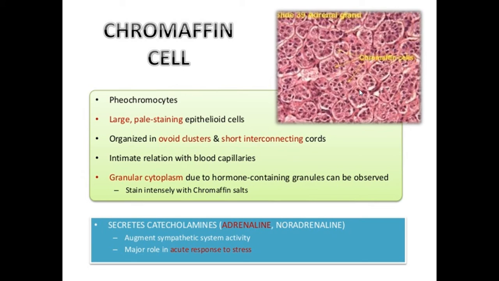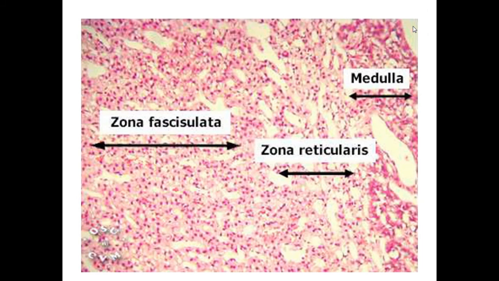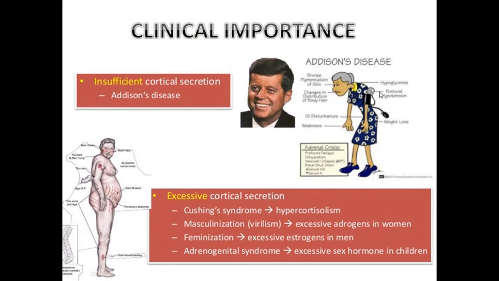These granules are electron dense, or highly electron dense, or less electron dense. Highly dense cells are responsible for secreting norepinephrine, and the less dense or homogeneous cells are responsible for secreting adrenaline, but they could only be visualized on electron microscopic examination. So the H&E stain picture could easily differentiate the fasciculata, reticularis, and the darkly stained medullary cells.